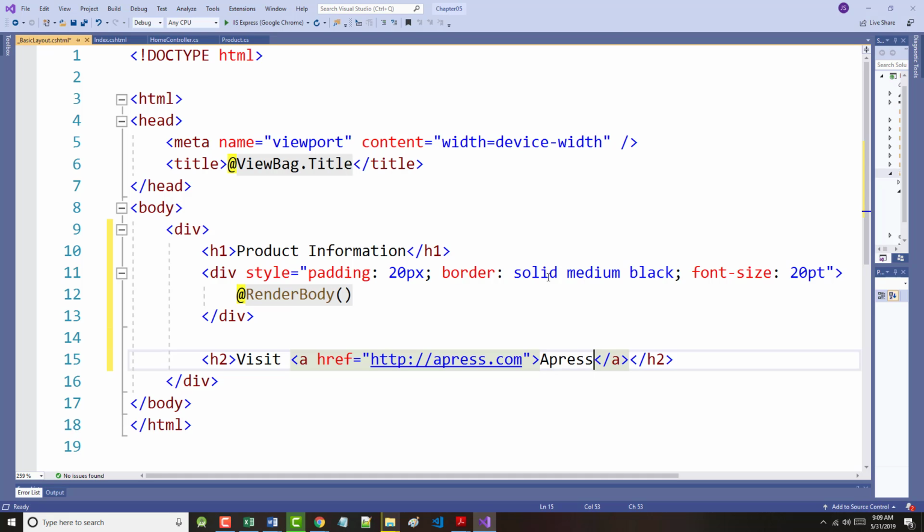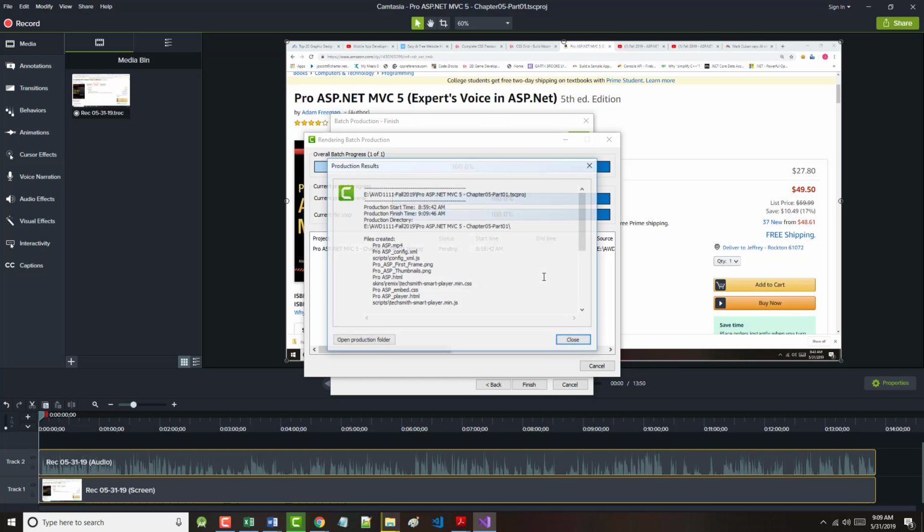And that contains the render body expression. All right, just to make it clear what content comes from the layout and what content comes from the view. So the stuff that's in the layout is the stuff we just added. All right, as far as coming in and applying the layout,